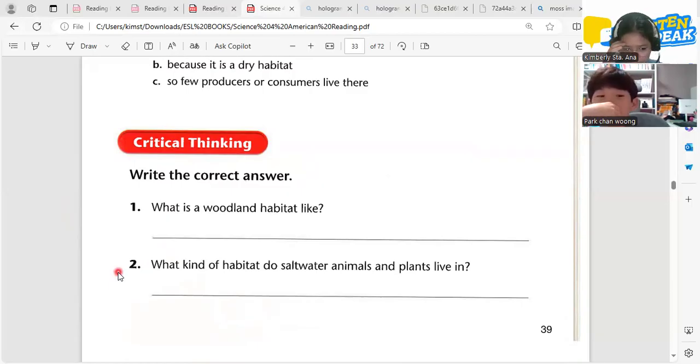How about number two? What kind of habitat do saltwater animals and plants live in?